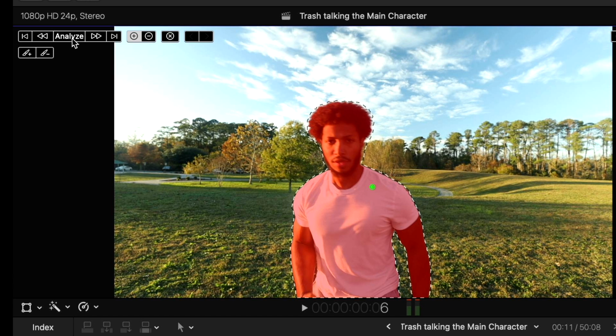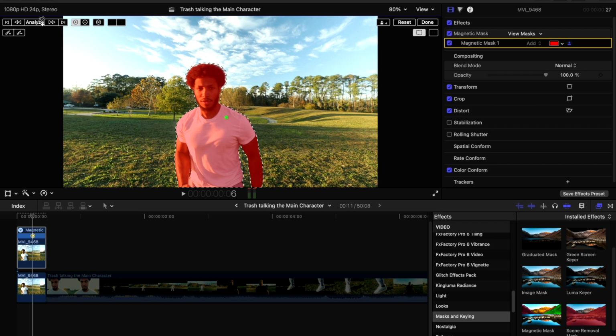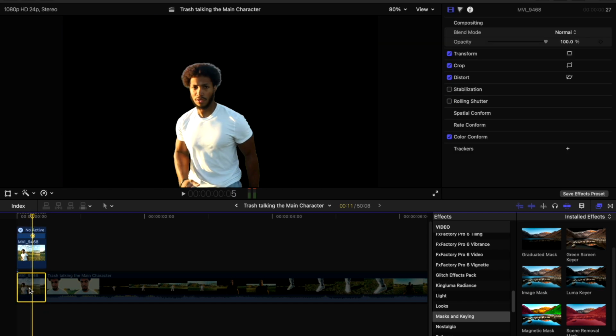Right here is the analyze. So pretty much if you click analyze, it'll go forward and backwards. So now if I hit done, it looks like nothing's happened, but it just keyed. Basically, if you disable this bottom clip, it just keyed out